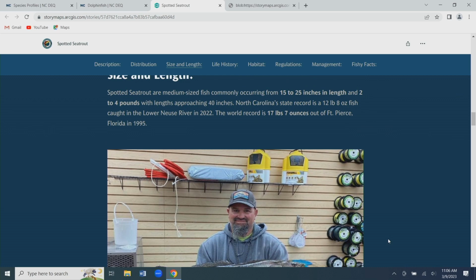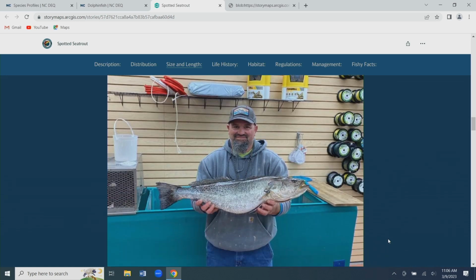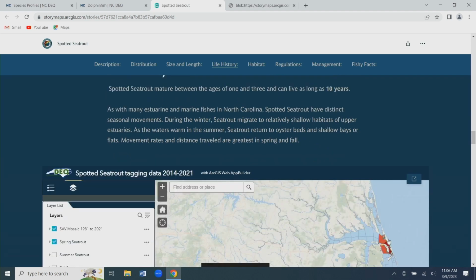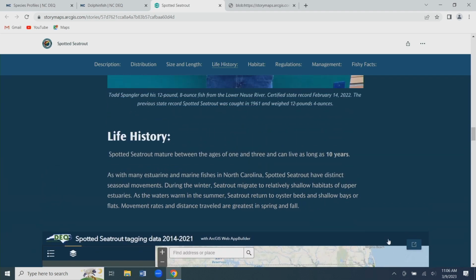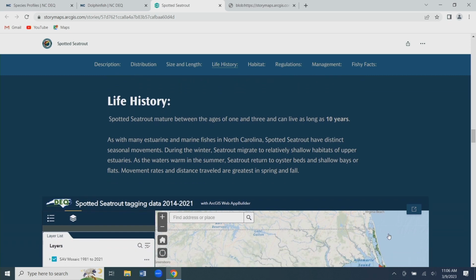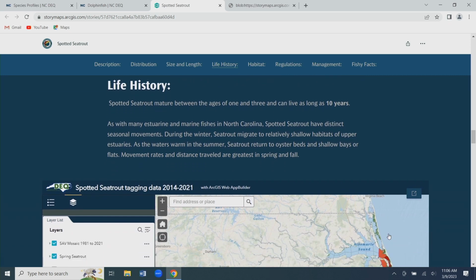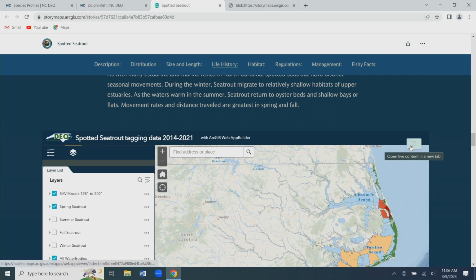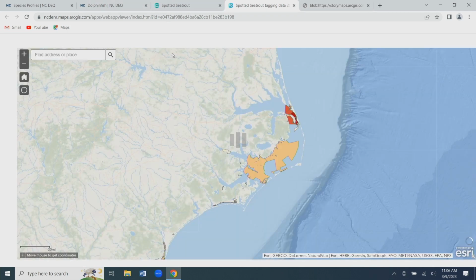Normally, if somebody gets a record size or record weight fish, they get their picture posted. And then as far as the life history goes, we put a little educational piece in there about how they live to be about 10 years old. And we've also kind of included a web app itself,